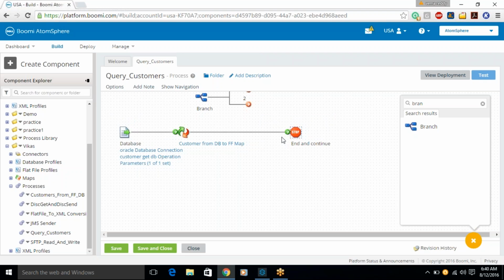The reason given is that the outbound connector would be the end of the action in your flow. But after the outbound connector, we may need to do some other task. Let's say once we send the data to the target system, we may need to do archiving or some other processing steps. In that case, how we can do the sequential steps after that is we can use the branch,